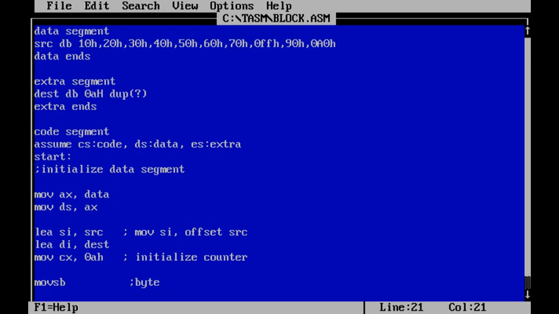If I want to transfer 10 bytes, I need to initialize my counter to 5, exactly half, whereas with byte I need to initialize with the number of elements to be transferred. Here I am using string byte so that we can see the transfer of each byte, or we can use move string word also, which will transfer a word, or 16 bits, or 2 bytes.